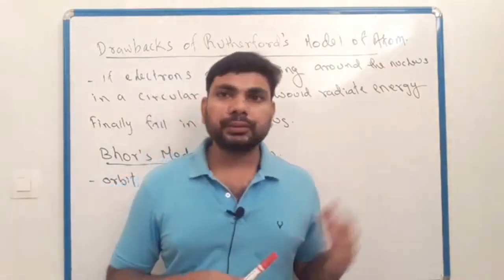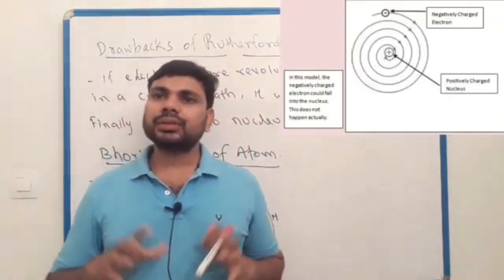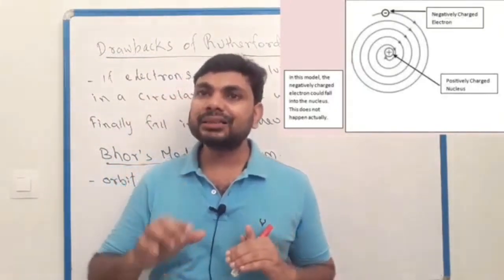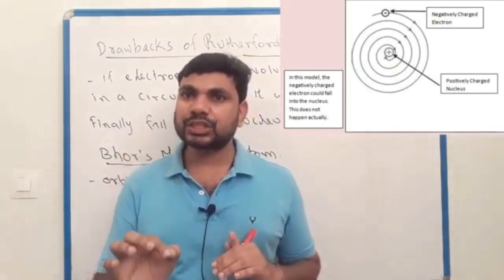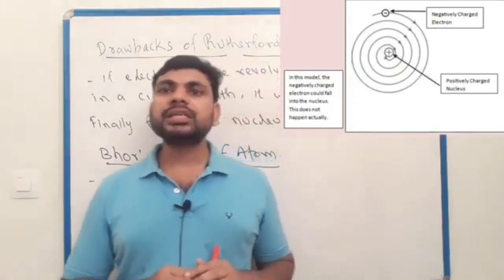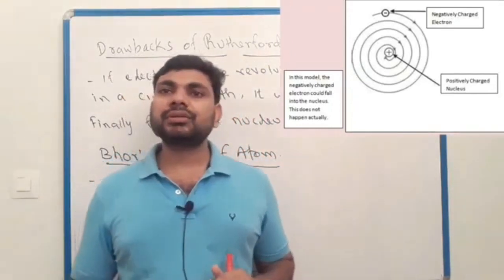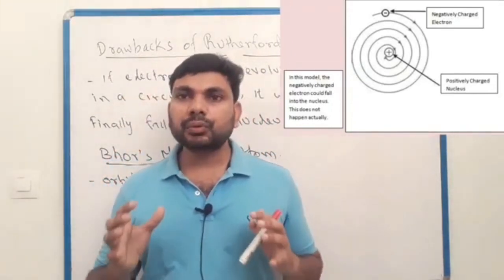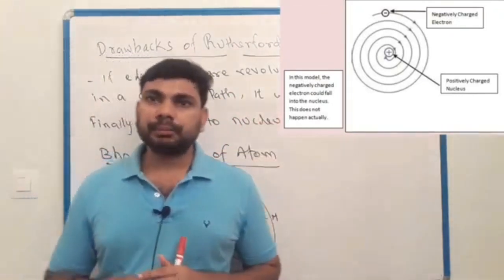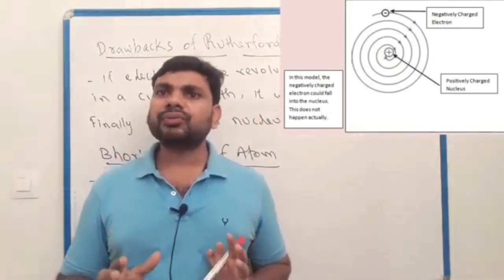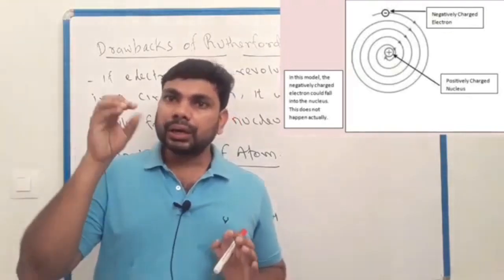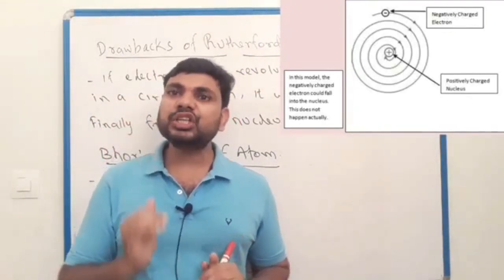See this picture. We discussed the Rutherford model of atom. According to the Rutherford model of atom, in the middle there is a positively charged center called the nucleus. Around the nucleus, negatively charged electrons are revolving. This is the Rutherford model of atom. In this picture, negatively charged electrons are revolving around the positively charged